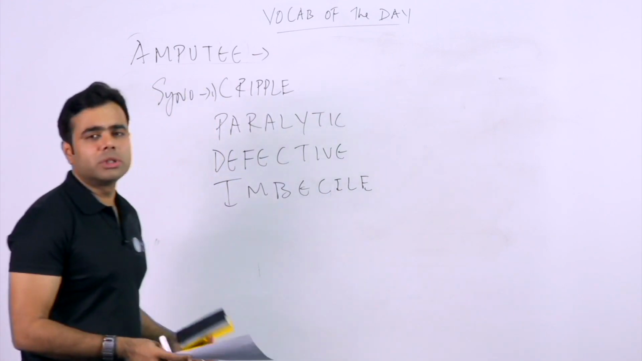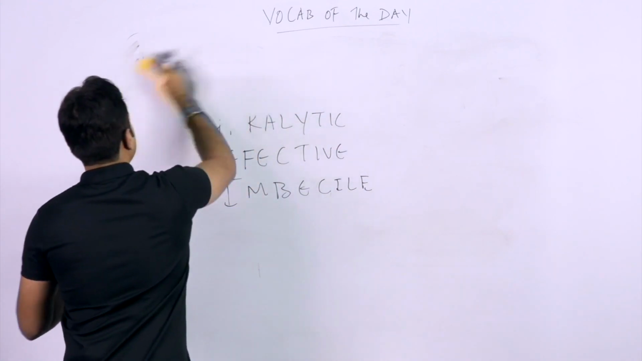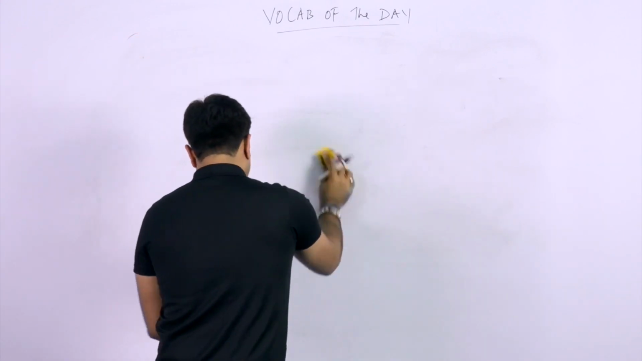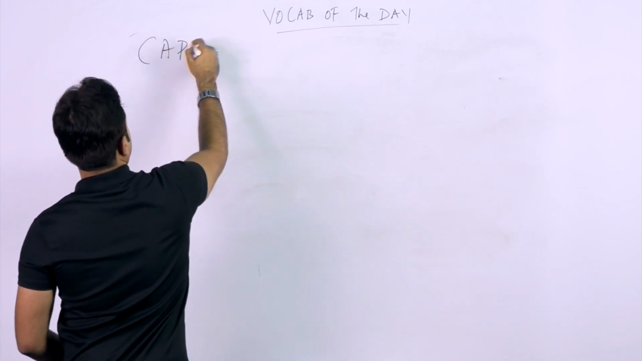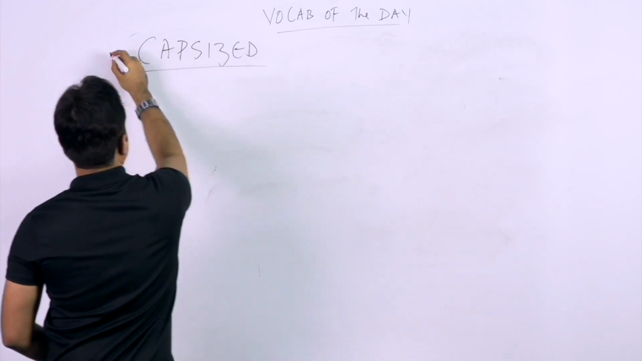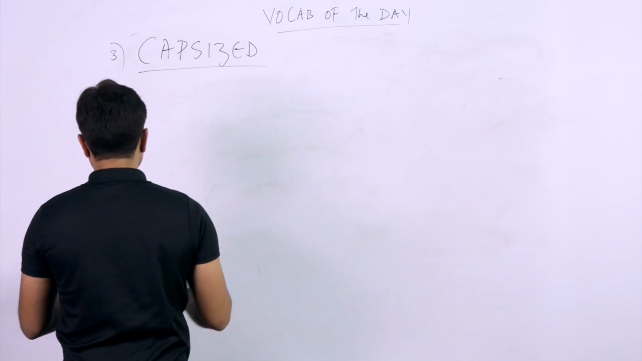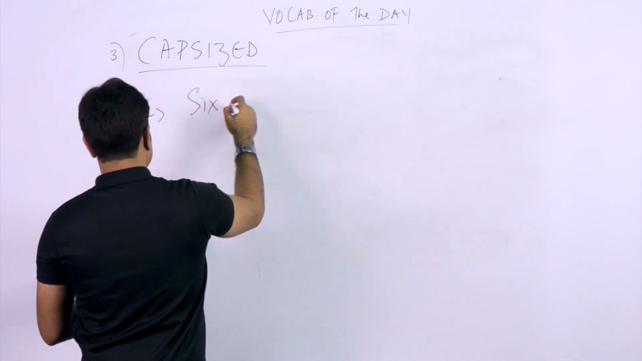Now let's proceed and talk about the other word. The other word I have taken is capsized. So what is the word capsized all about? It's the third word, capsized. So how has capsized been used in a sentence? Let's talk about the example. The example says, 6